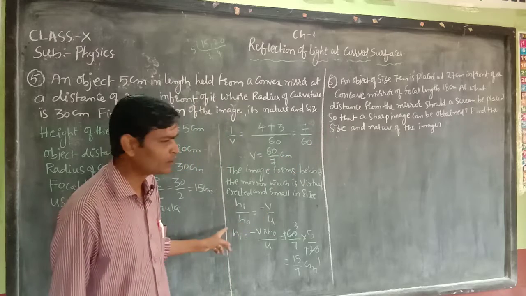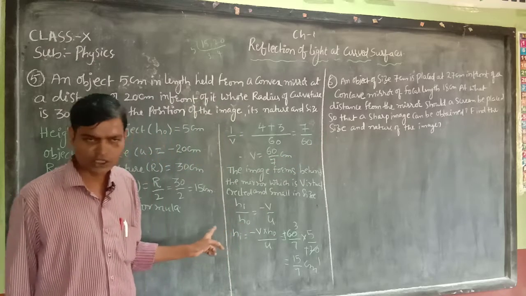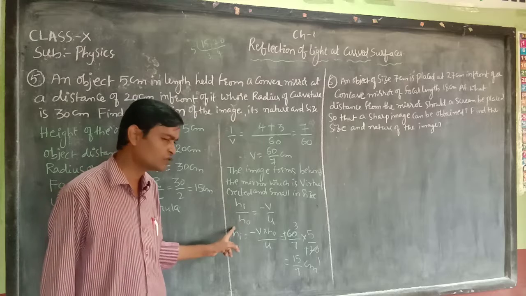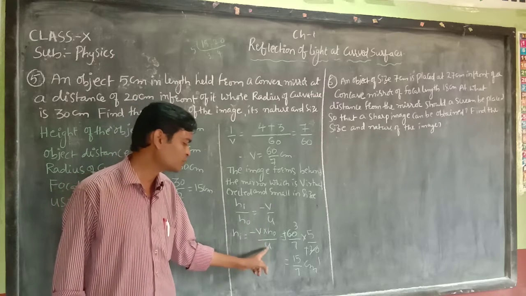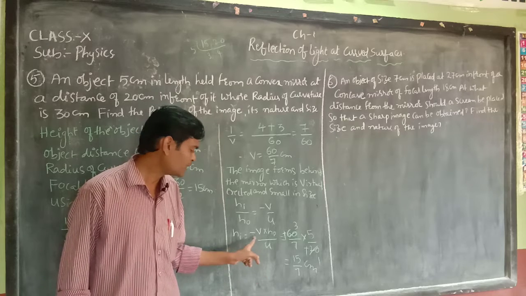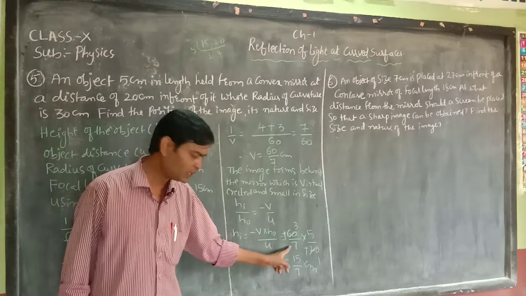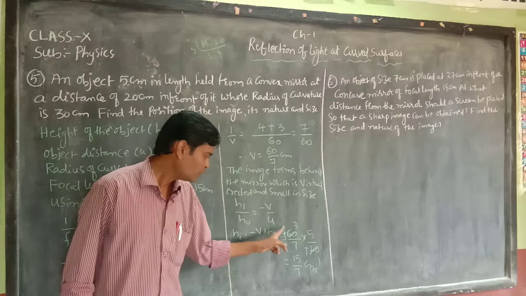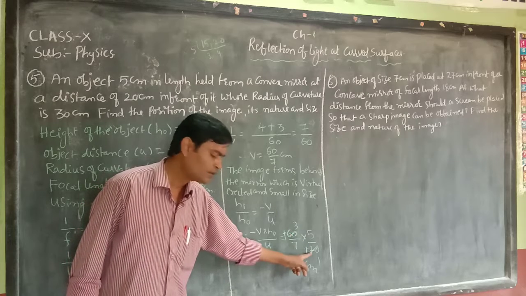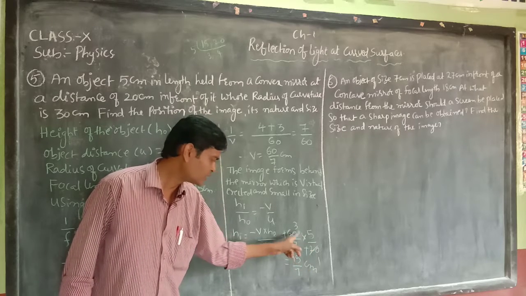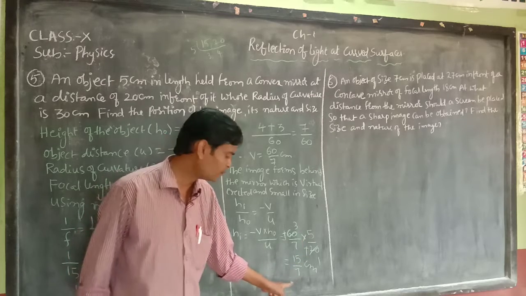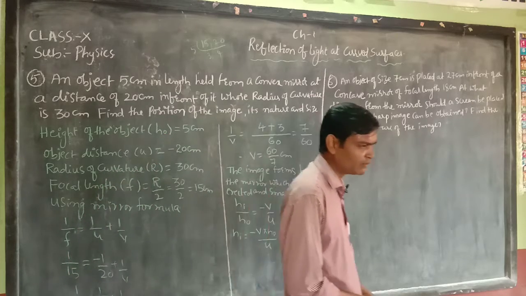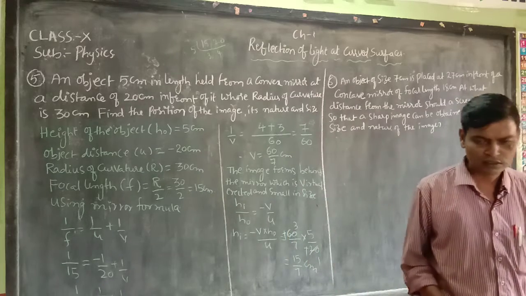Therefore, which formula have we used here? Magnification formula. So HI by HO is equal to minus V by U. HI is equal to minus V into HO by U. So minus V is how much? Minus 60 by 7 into 5 by 20. So 3 into 5, 15, by 7. So the size of the image is 15 by 7 centimeters. Next,